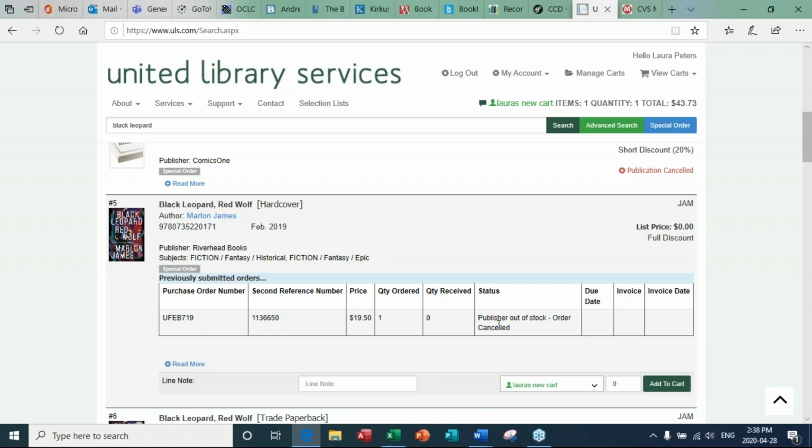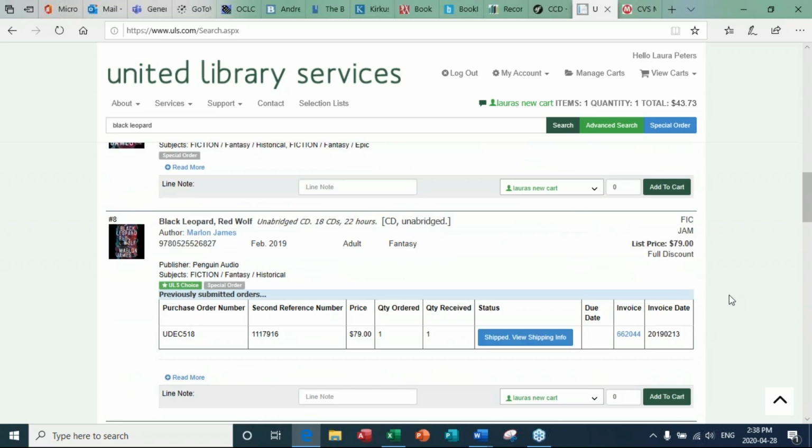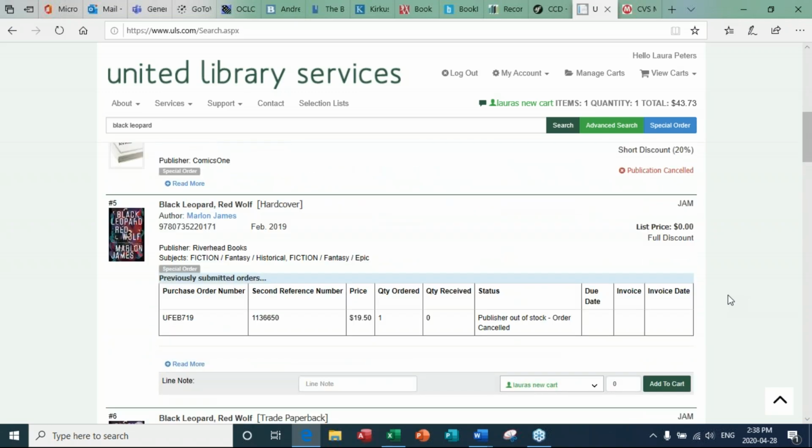But I can actually see in the status, publisher out of stock, order canceled. So somebody had ordered this. It was canceled. There is another version of this in hardcover that is available, but this one is no longer. So you can see that its list price is at $0.00. That is a red flag. Do not add that to your cart. If it is ever listed at $0.00,